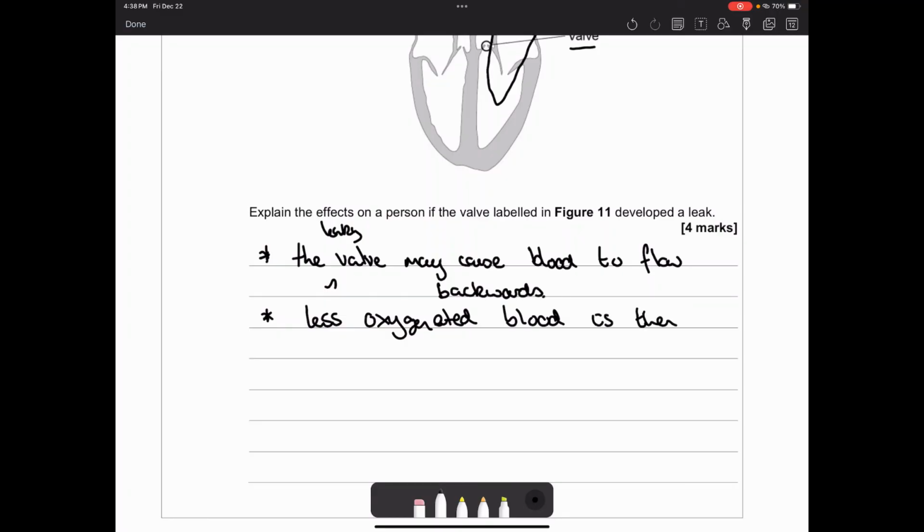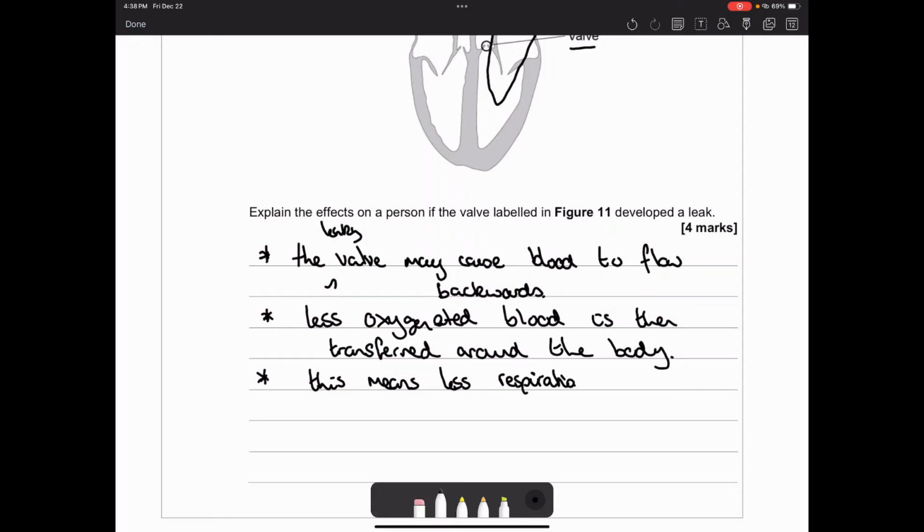is then transferred around the body. Because we therefore have less oxygen, what is that oxygen then used for? Well, it's used for respiration. This means less respiration would occur,